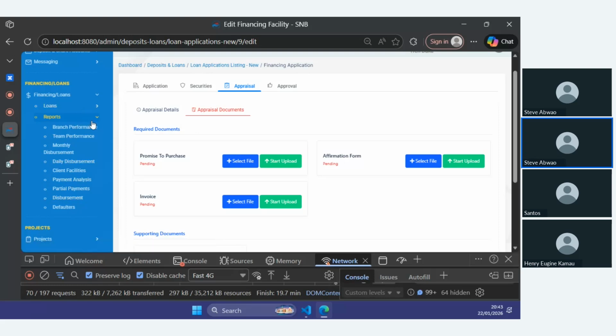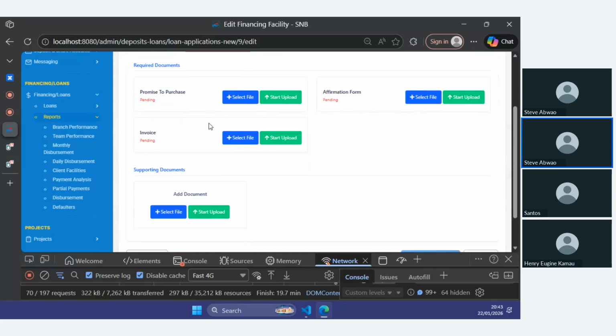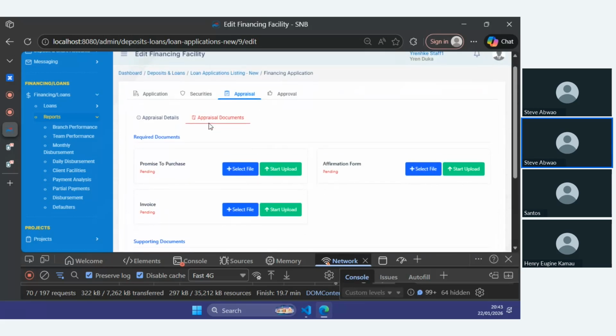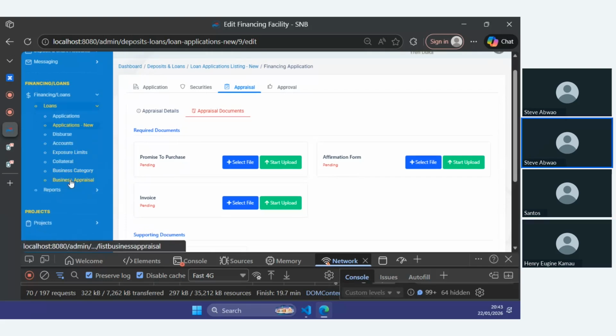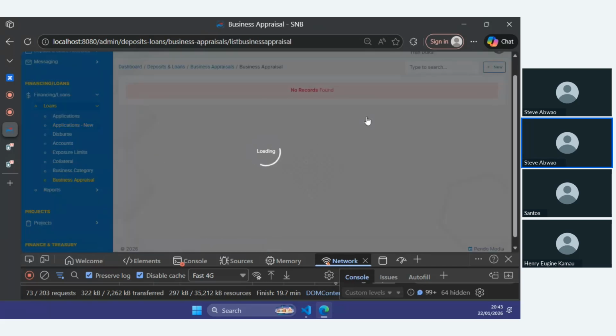I also realized that, you see this documentation tuna attach hapa kwa appraisal. Yes. They should be done in the business appraisal section. Ile business appraisal section. Yes. Is where we should be able to attach those documents. But I'm saying that if they were not attached, then now you can come here and attach them, which means that when you are doing the application and the customer is already appraised, then those, whatever was,